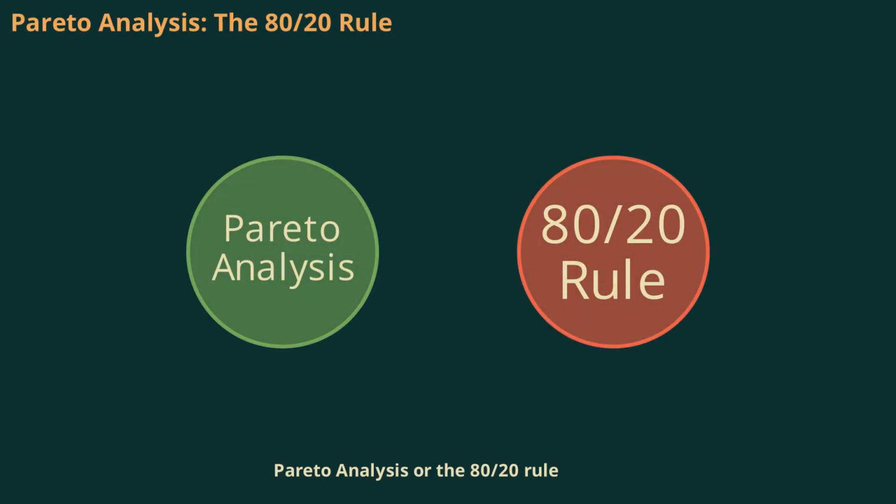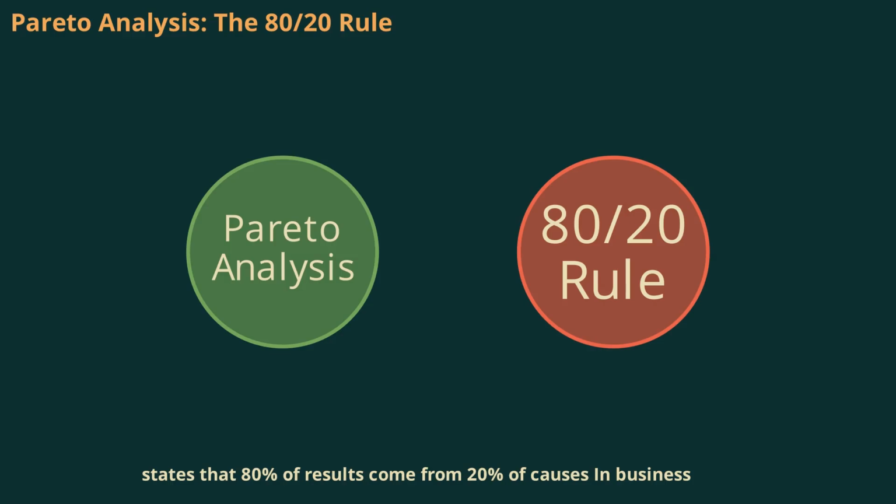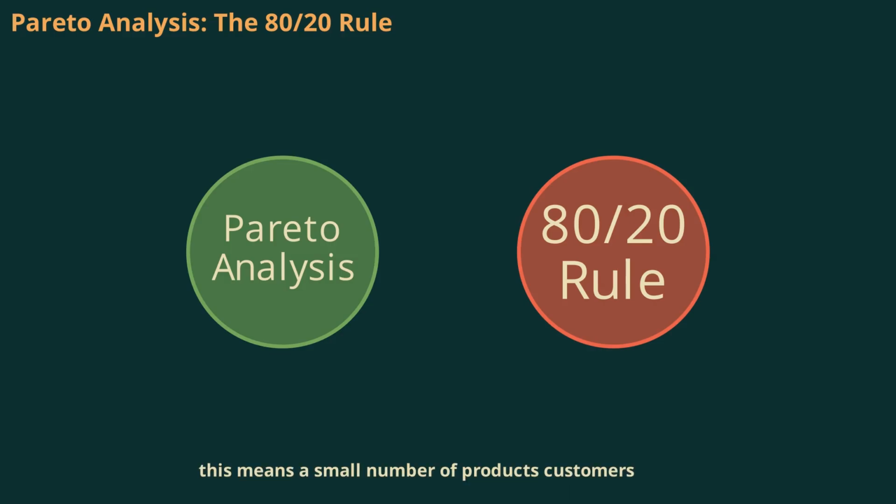Pareto analysis, or the 80/20 rule, states that 80% of results come from 20% of causes. In business, this means a small number of products, customers, or issues often account for the majority of profit, cost, or problems. By focusing on the vital few rather than the trivial many, organizations can achieve significant improvements with targeted